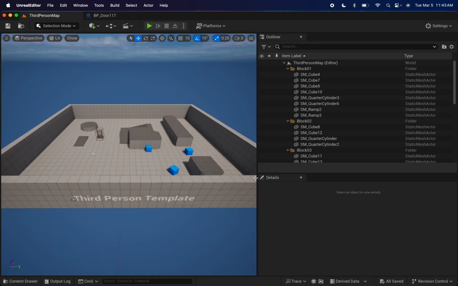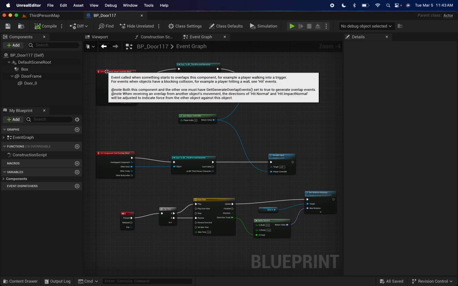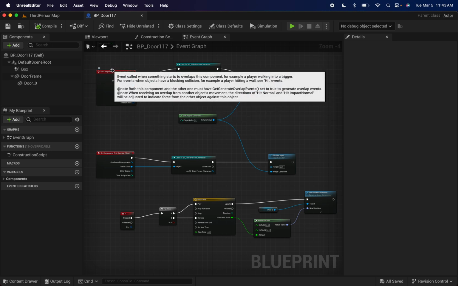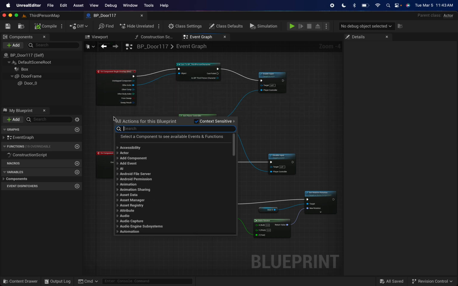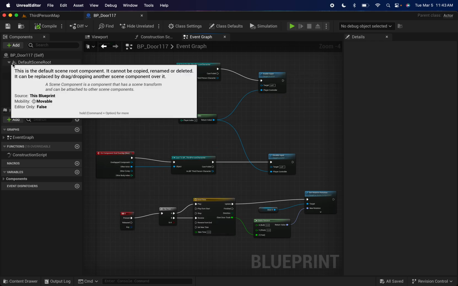So I did that without any code. The blueprint looks like this instead of writing code line by line. And basically, there's a node called On Component Begin Overlap. So when I overlap that,